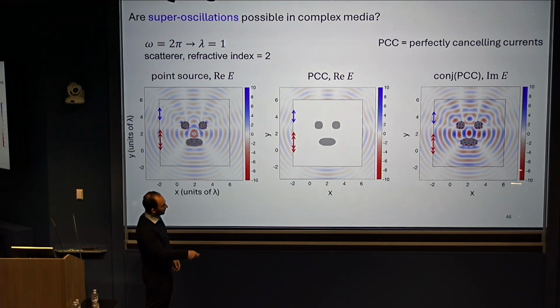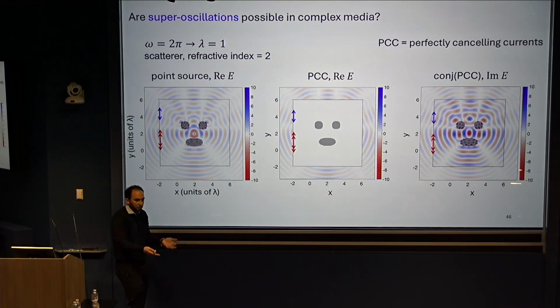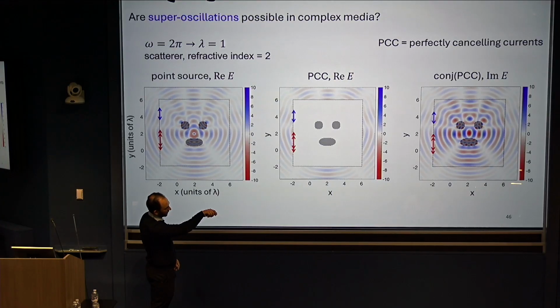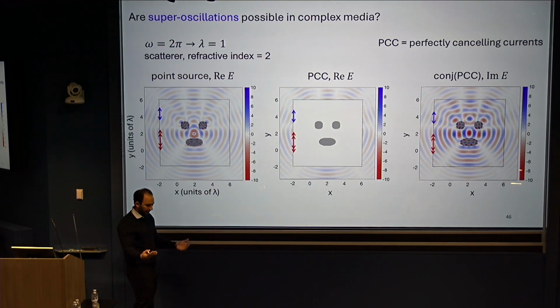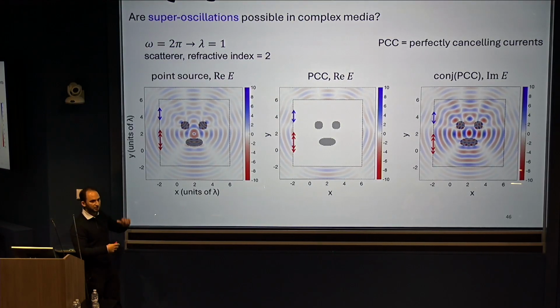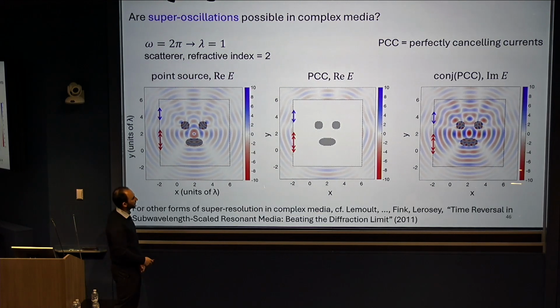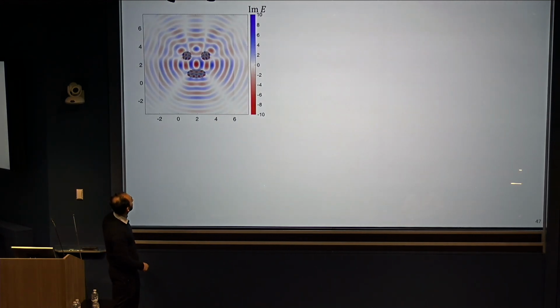If I want a super oscillatory field, it seems potentially very difficult in a complex medium to know how to construct these super oscillations. But what reciprocity tells us is just put point sources at exactly the locations where you want the field to be 0. Let those radiate outwards. Take that contribution out of the currents that you're exciting on the exterior. And then when I excite back in, I can get 0 field at any points that I desire.